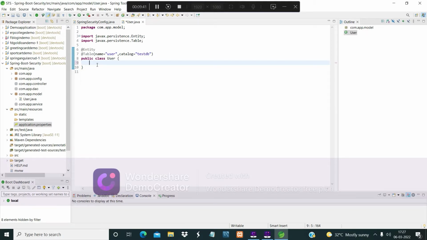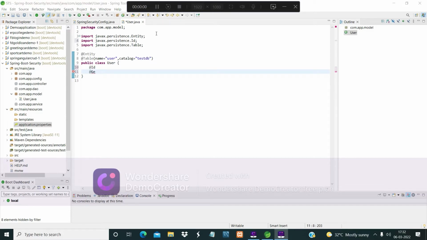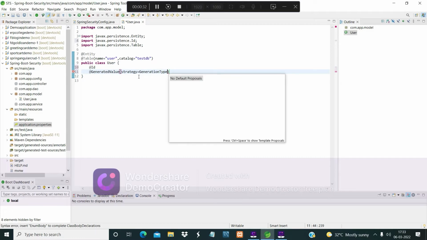We'll get the primary key, @Id. Then @GeneratedValue with strategy equal to GenerationType.AUTO.